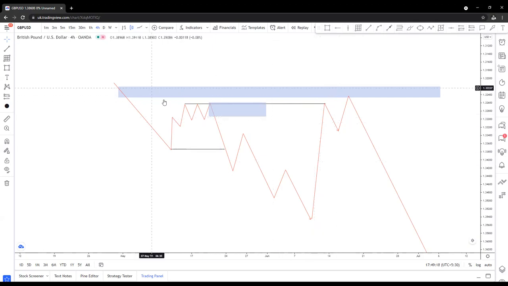And then you can see this now, just this little resistance being formed just below our POI. Okay. So now we know